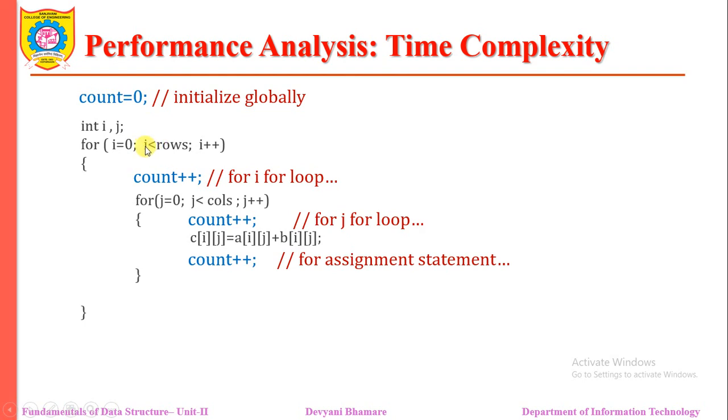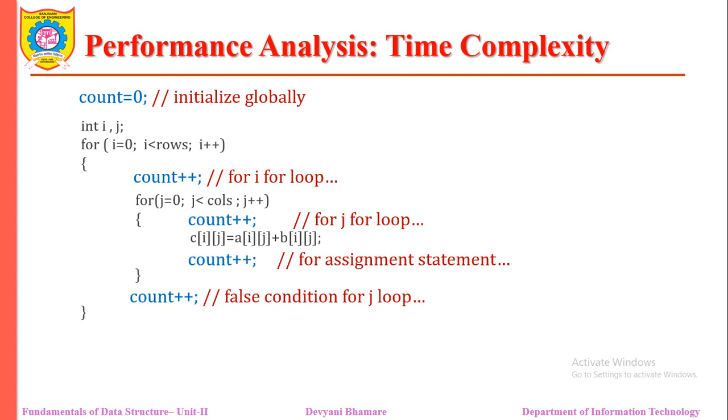I becomes 1, 1 is less than 4, yes. I becomes 2, 2 is less than 4, yes. Then 3 is less than 4, yes. Now 4 is less than 4. For that false condition, we didn't enter into this for loop. So for this reason, we have to keep another increment step which indicates that we are checking for our false